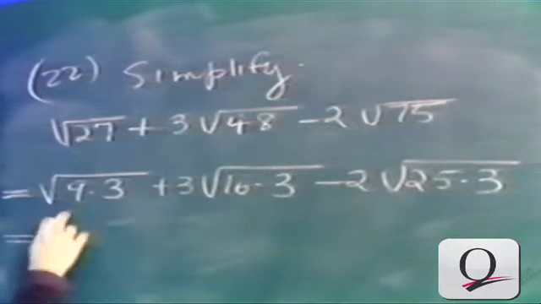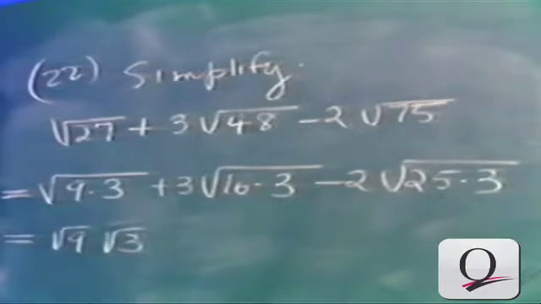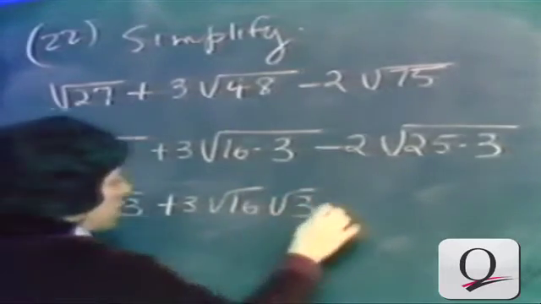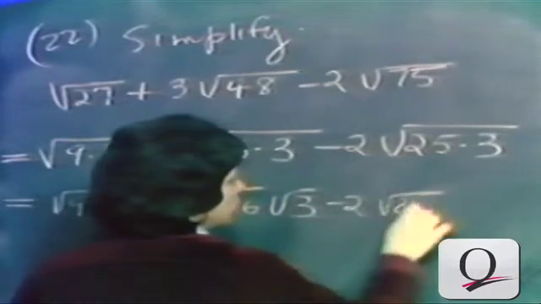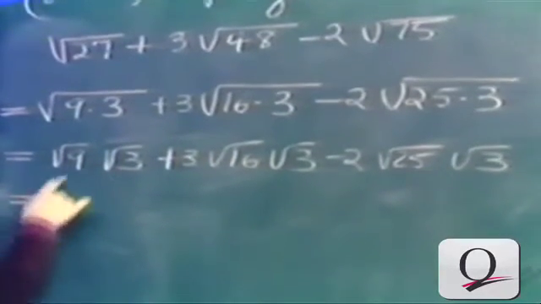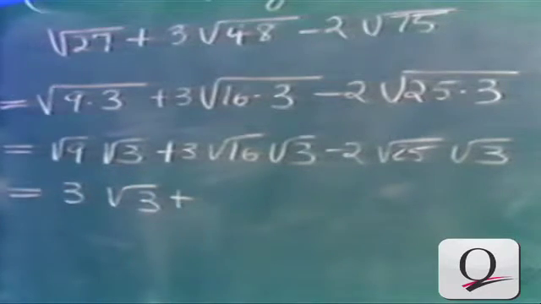We can then say this is the square root of 9 times the square root of 3, plus 3 times the square root of 16 times the square root of 3, minus 2 times the square root of 25 times the square root of 3. This gives us the square root of 9, which is 3, the square root of 3, plus,